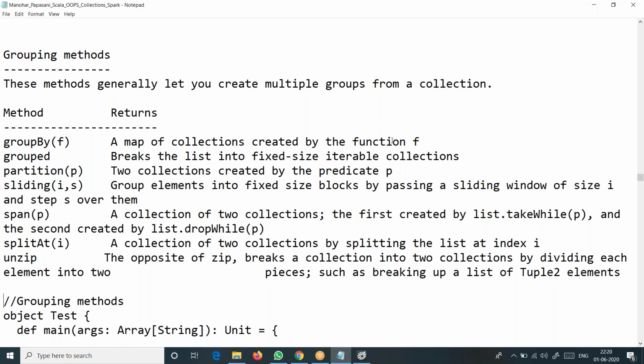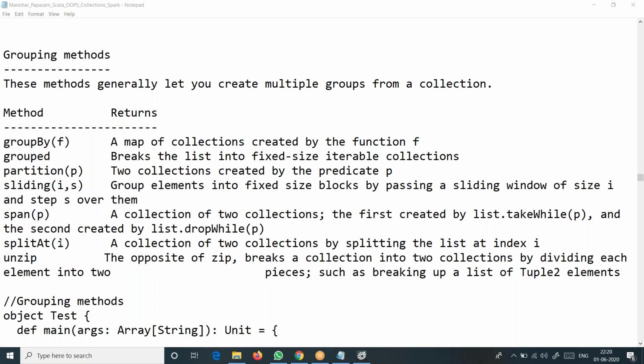We'll see with an example. Span is a collection of two collections: the first created by list takeWhile, and the second created by list dropWhile. So this is span here. By applying these two functions, the span is formed. This works internally, probably not directly.